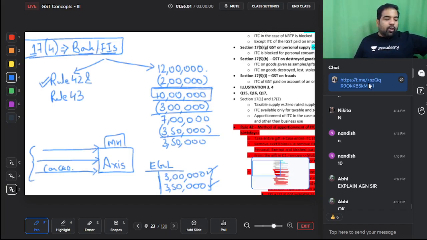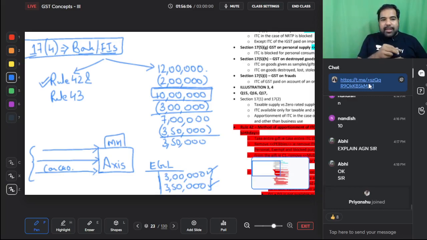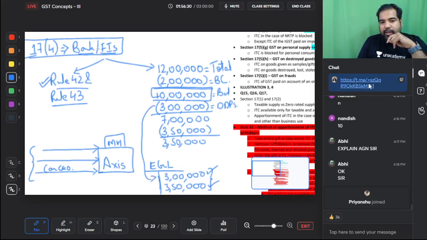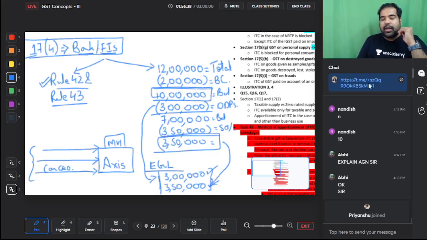So do we all have this option? No, only banks have an option. I'm just summarizing it. Only banks have an option under 17(4). If they want to apportion the credit using the rules, they can, but the rules are complicated even for banks. So for the banks, they have an option. Take the total ITC for the month. Remove the one which is blocked credit. On the balance, remove the one which is from deemed distinct persons because you will get the entire thing. So the entire 3 lakh has been taken to the electronic credit ledger. And from the balance, you can take 50%, 50% is removed and you can take 50%. So even this comes to 3,50,000 and 3 lakh. So what is the credit for this month? 6,50,000.